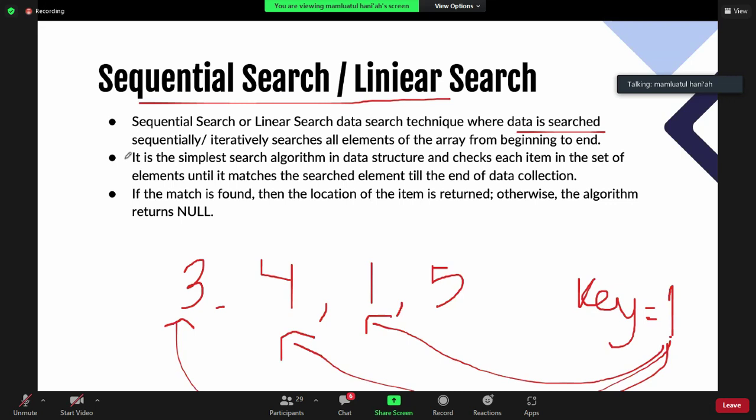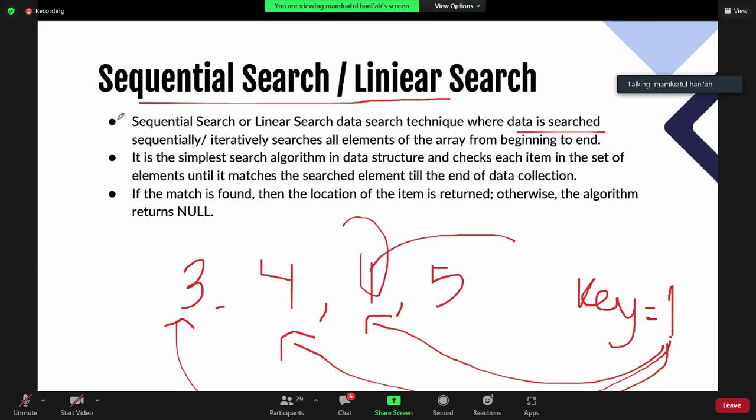If not, you go to the next element, you compare 1 with 4. If it's not a match, you go to the next element, you compare 1 with 1. If it's a match, you can give the result that your k, 1, is found at index 2. So we can do it sequentially or iteratively.